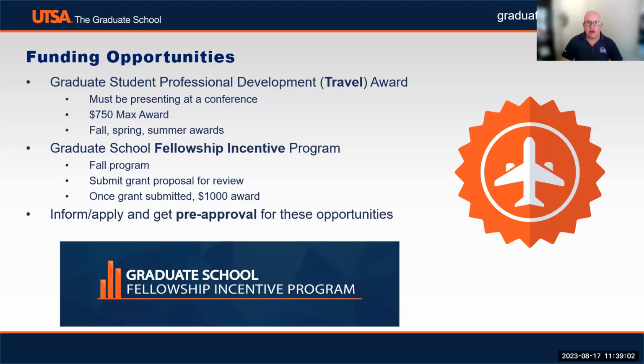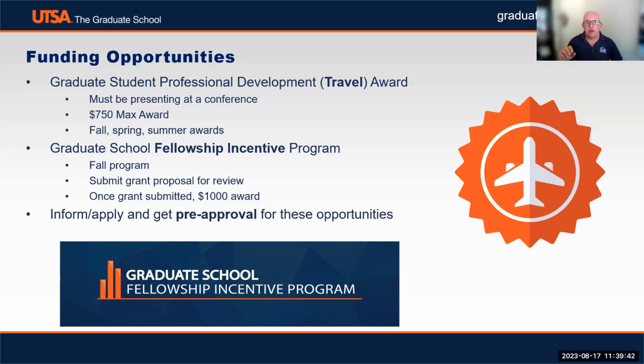Tim manages the travel awards portion. The graduate school fellowship incentive program is what I was mentioning earlier with the different types of how we're encouraging students to submit grants. This is overseen by our Associate Dean, Dr. Teja Gouda, and the program in a nutshell, and advertisements will go out about this, so you can look for it. But you oftentimes will be working with a faculty member, what we're calling a PI, a principal investigator, to work on possibly a grant funding